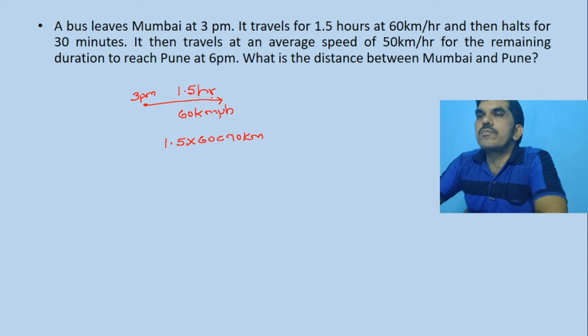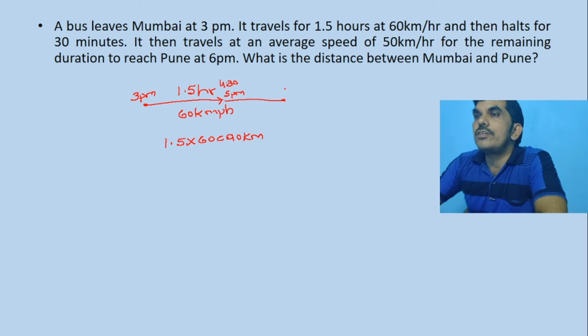So it travels a distance of 90 km. Then it halts for 30 minutes. 1.5 hours from 3 pm is 4:30. Then halts for 30 minutes. So at 5 pm it leaves from this point, and then it will take a journey such a way